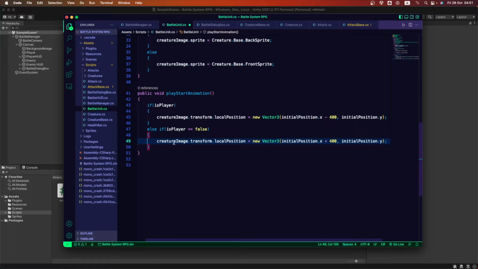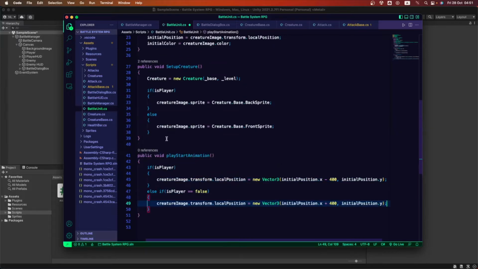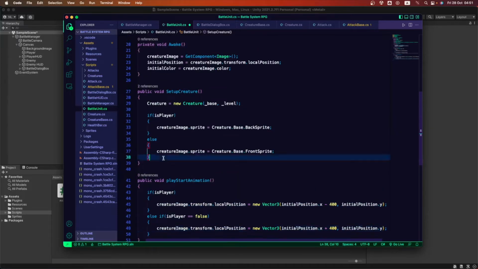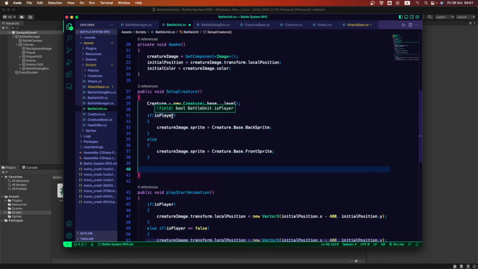So where should we call this play start animation function, okay? We should call it always here at the end of the setup creature function, okay? So just by adding this line, this already is gonna work, because we are already calling this function in the battle manager, okay?